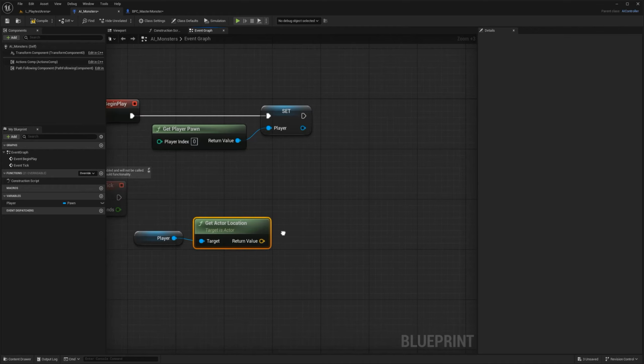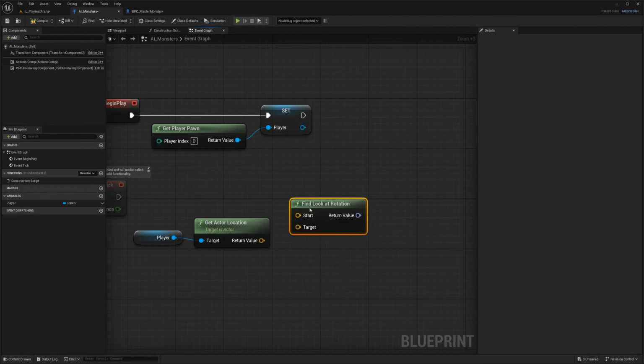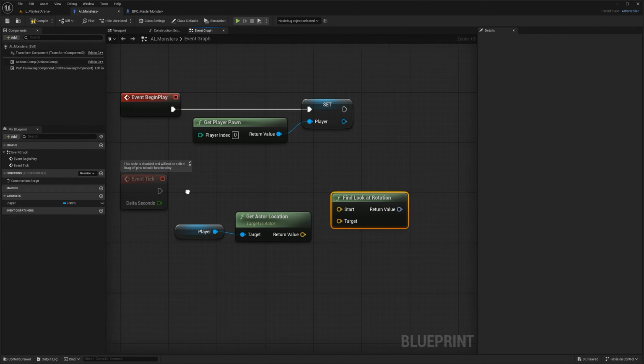You want to make sure that the enemies are looking in the correct direction. So I'm going to say find look at rotation. The target of that enemy is the player. So that goes here. And then the initial position is the actual pawn, the actual monster pawn.